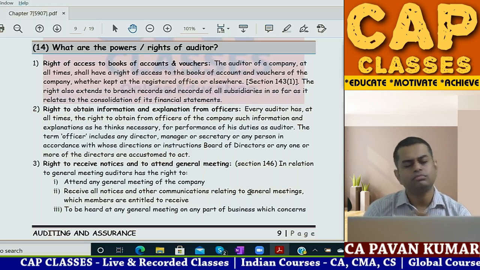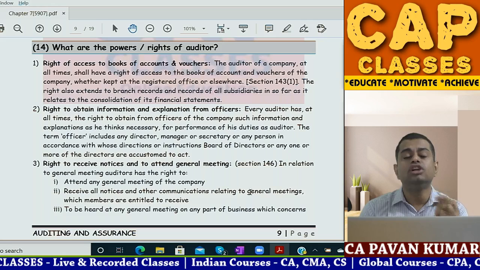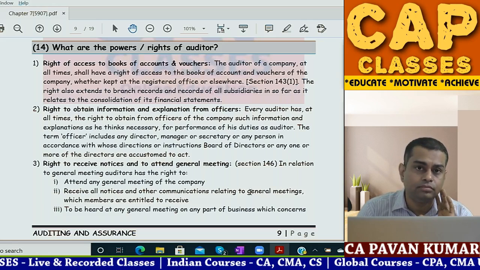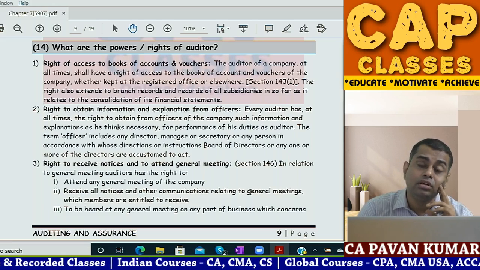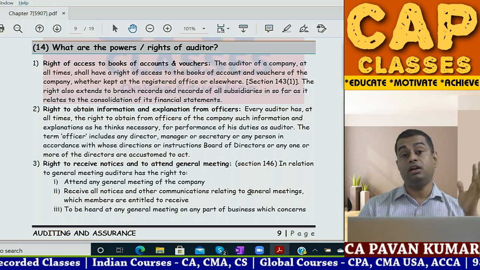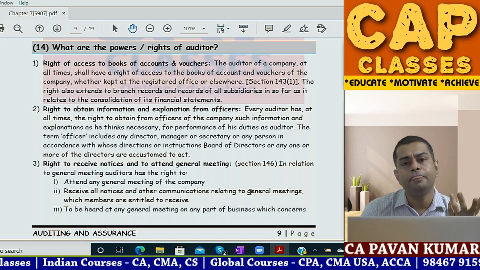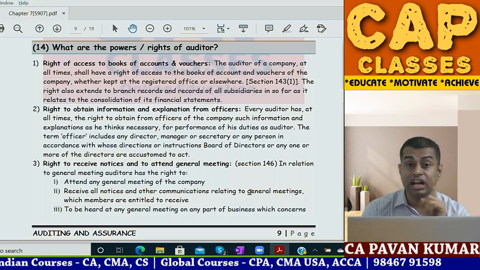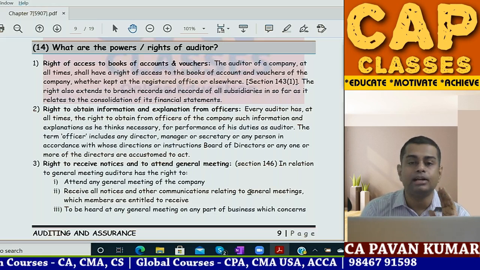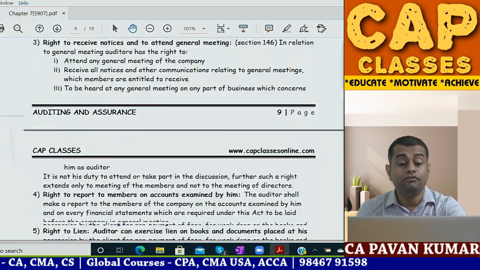Then what to do? You can send your partner or you can send a proxy who is also a qualified chartered accountant. That could be your staff. If 10 client companies are convening AGM on the same day, it means you are a big firm. You can send your partner. You can send your employee chartered accountant. But it is your responsibility, not just the right. You understand? Then 4.